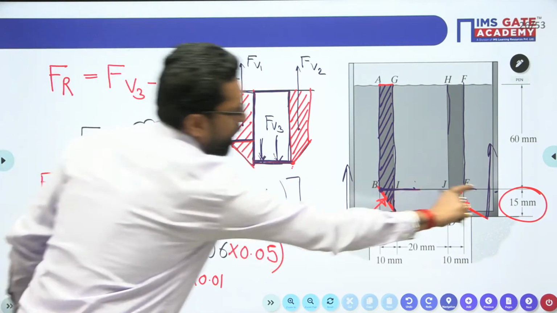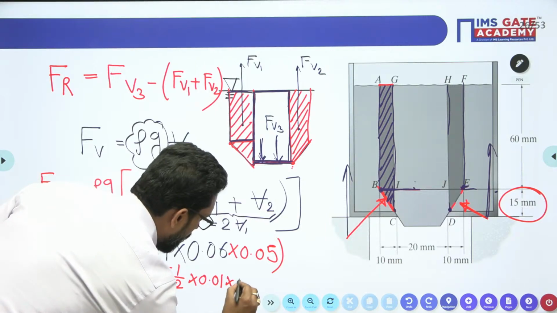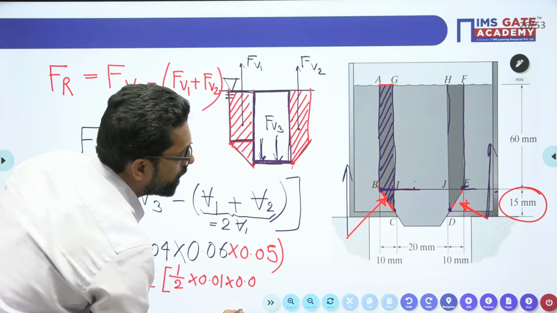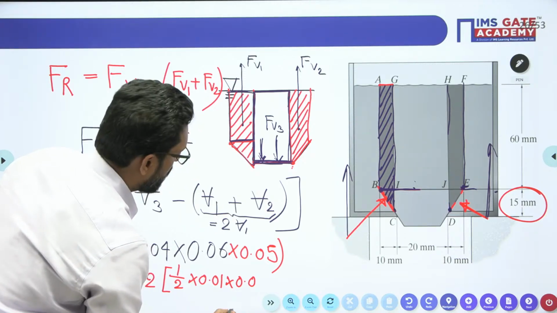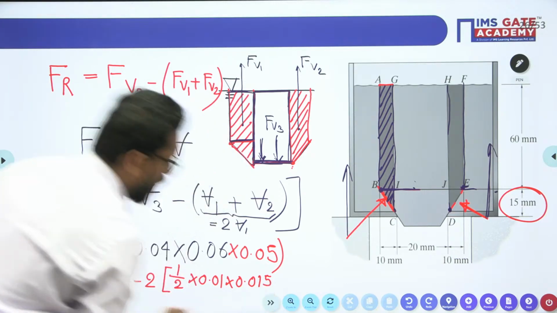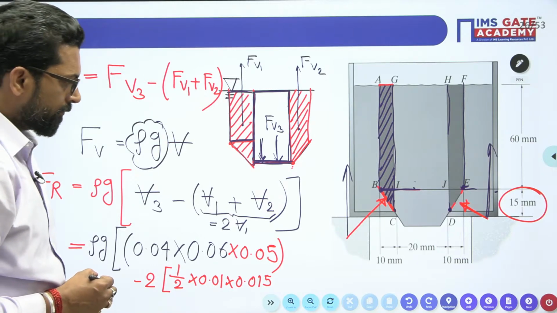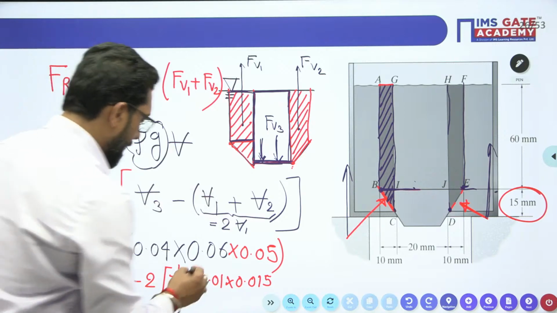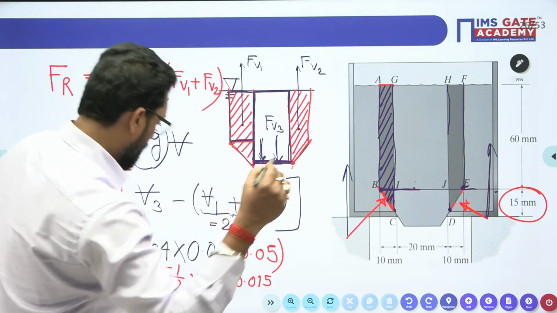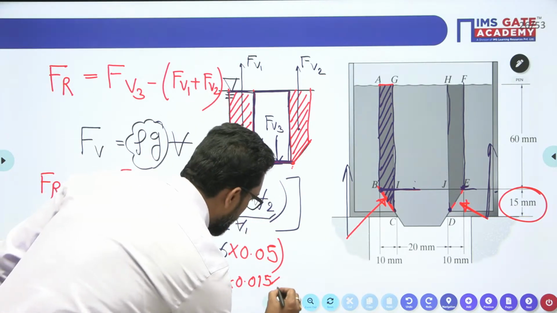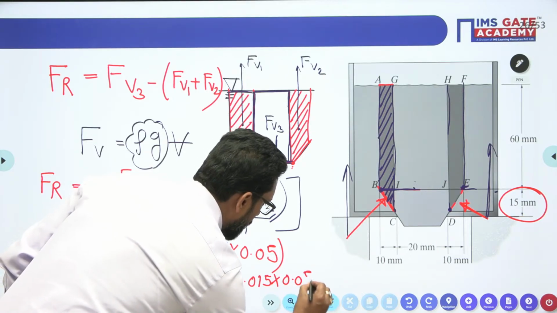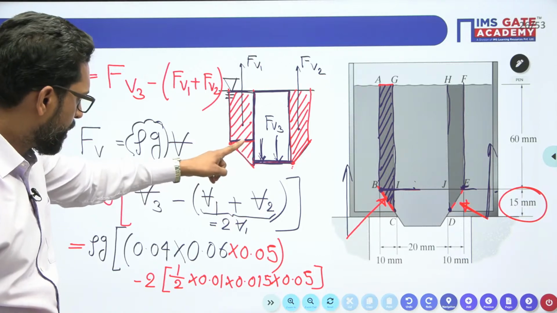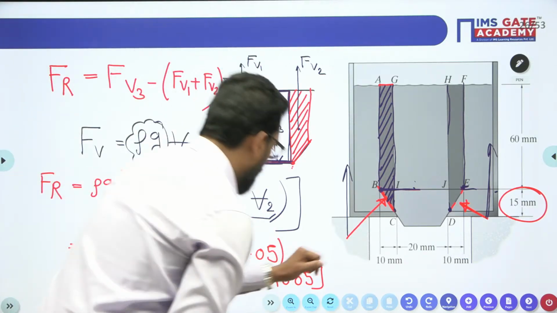This height is 15, that is 0.015. Yes or not? Okay? This is okay? So this is your area into width. The width is 0.05. So this is your triangular portion, plus